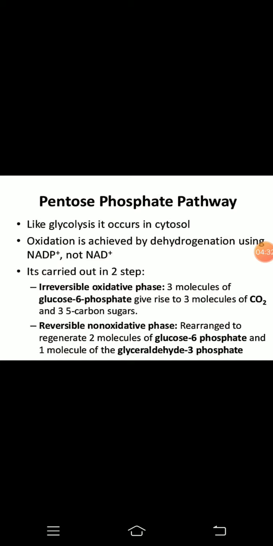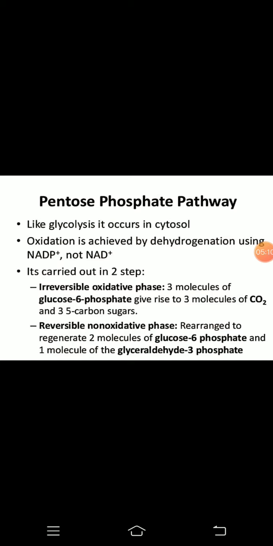And how does it enter into that cell? By using different types of glucose transporters. There are different types of glucose transporters, like GLUT4, GLUT1. After entering into the cells, what happens? There are enzymes like hexokinase and glucokinase. Glucokinase in the liver and hexokinase in the kidney. Kinase means addition of phosphate, so it adds the phosphate group on the 6th position of the glucose and produces glucose 6 phosphate.